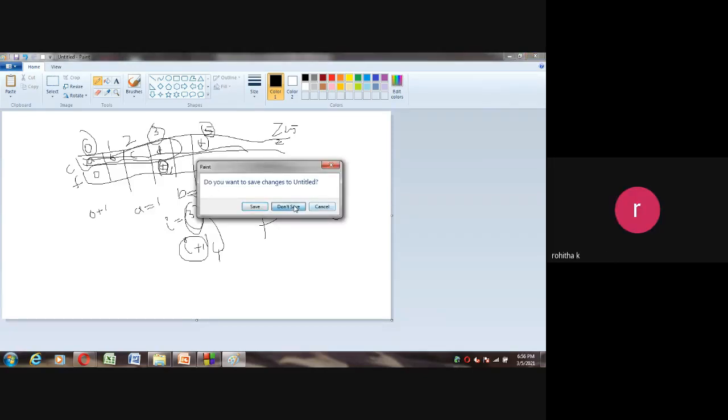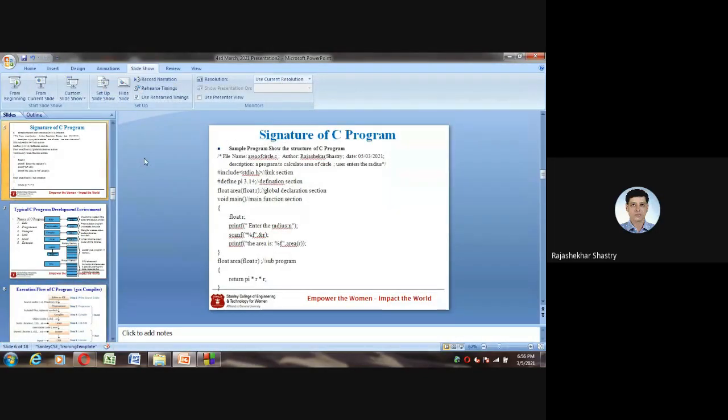Yes, sir. Fine. So anyhow, it's already 7, amma, almost. So it's better I stop here, because once I start this, things will prolong. So from Monday, seriously, we'll start from here: the signature of C language, the structure of C language, the other way we can say.